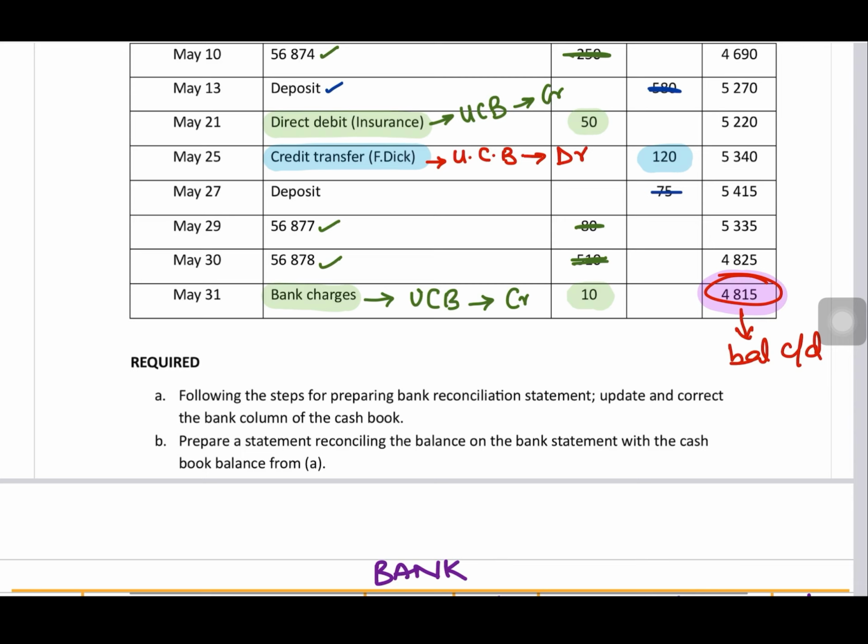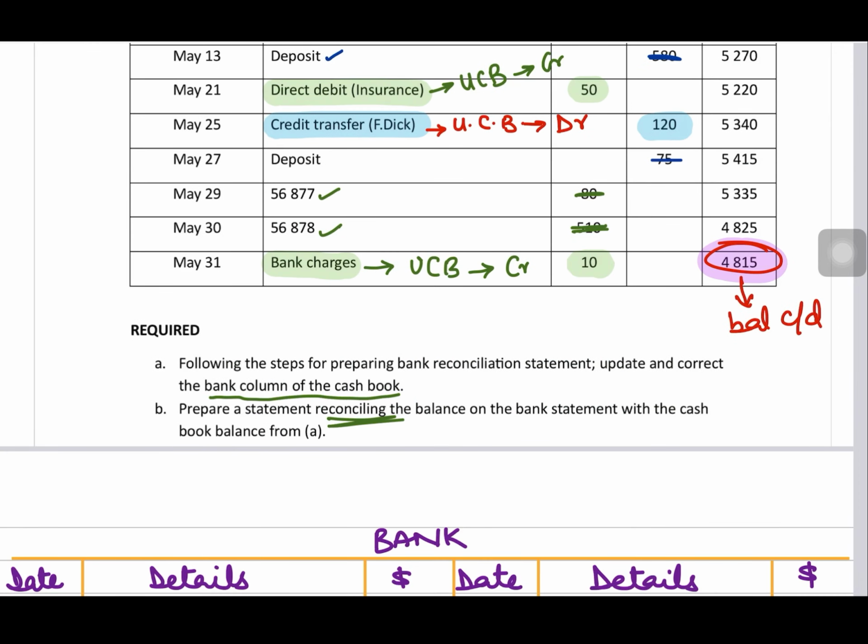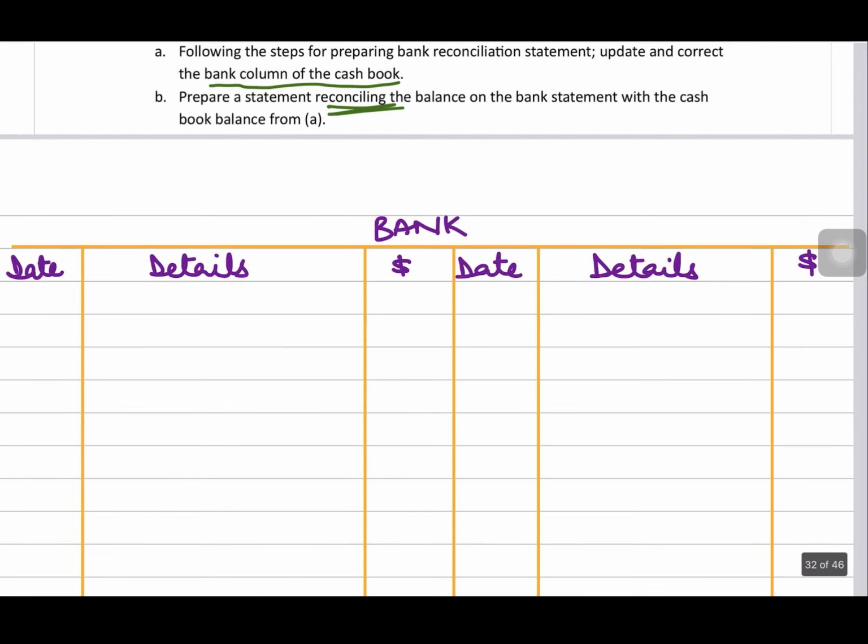Now what we have to do is prepare an updated cash book in which we will adjust all the entries that were there in the bank statement but not in the cash book, and then we will prepare a bank reconciliation statement to adjust for unpresented checks and uncredited deposits. So let's begin. The first requirement is to prepare an updated cash book or the updated bank account, and we already know that we start with the balance brought down, which is the balance carried down basically of your unadjusted